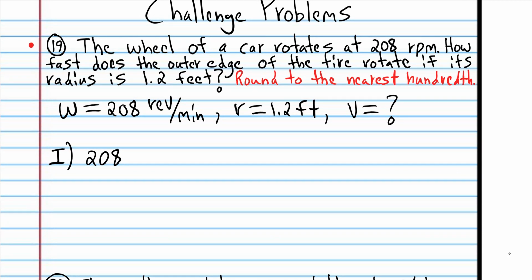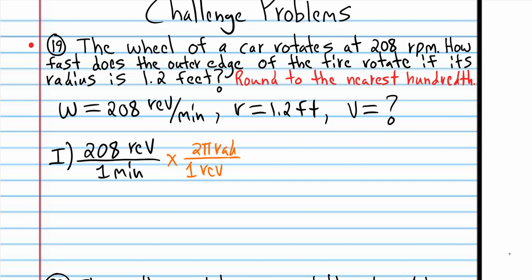We have to convert from revolutions per minute to radians per minute. So we have 208 revolutions every 1 minute. We're going to convert to radians so we can use that formula. That's the most important thing to understand about this class: you cannot use the formulas that we learned previously unless you have radian units. So remember, there's 1 revolution for every 2 pi radians. So we get 416 pi radians